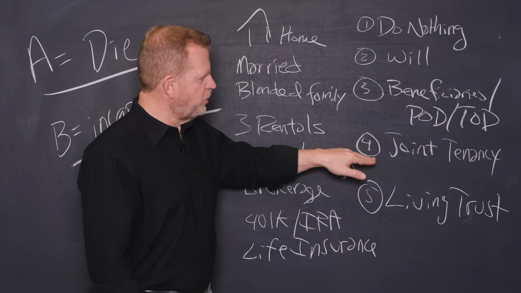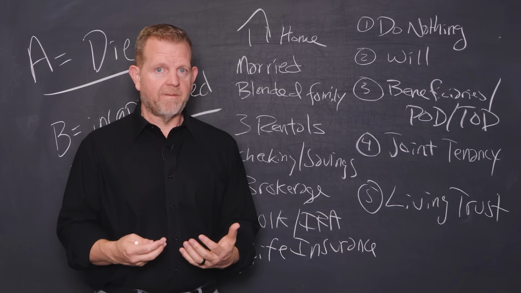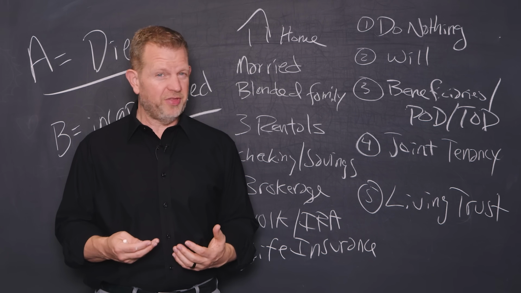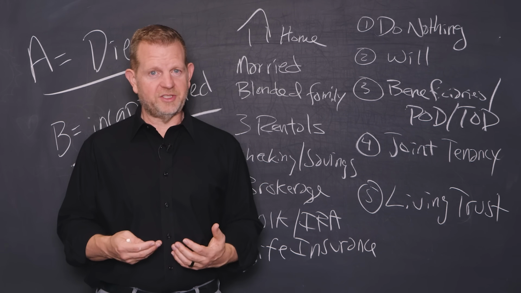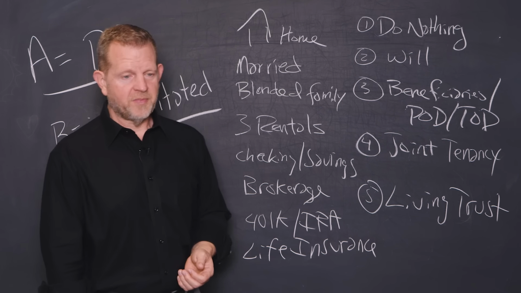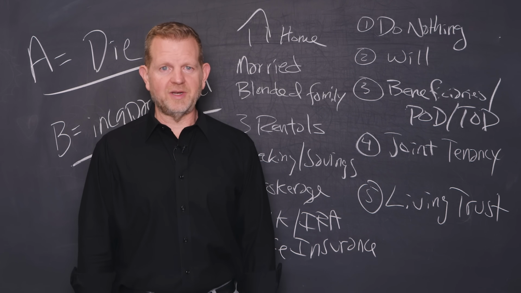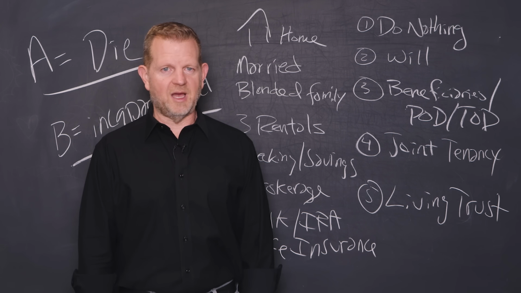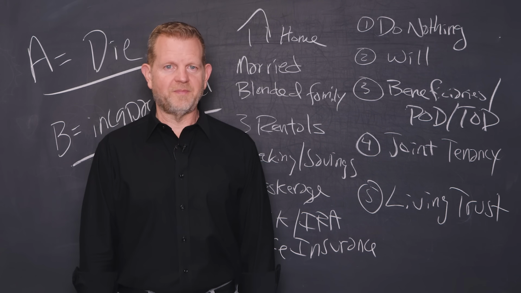Number 4, joint tenancy. Again, it might avoid probate, but it adds creditor and divorce risk. If you put somebody on that title with you, their creditors and their potential divorces cause issues. So there are unintended consequences. And by the way, the tax lawyer in me is absolutely screaming for you not to do it, because it could literally cost you hundreds of thousands of dollars because you missed the step up in basis. So please don't gift things, which is what you're doing when you're putting them in joint tenancy.